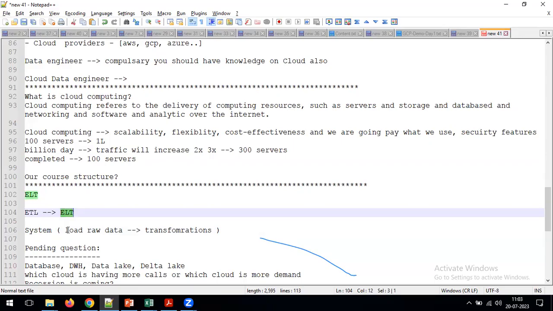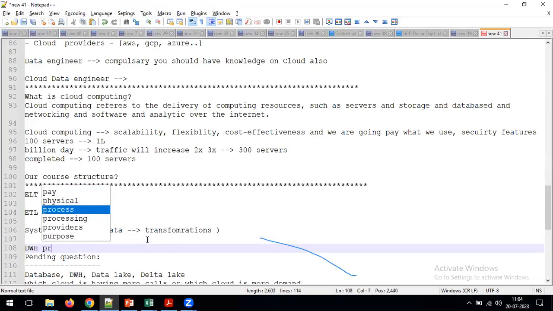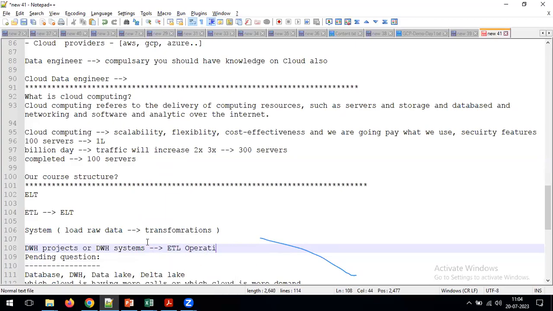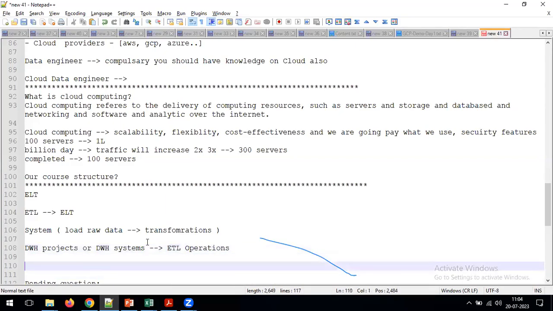Now some people immediately get the question: sir, you are saying ETL and ELT, but in which projects do we see ETL operations, and in which projects do we see ELT operations? Simply put, in data warehousing projects or data warehouse systems, we perform ETL operations.